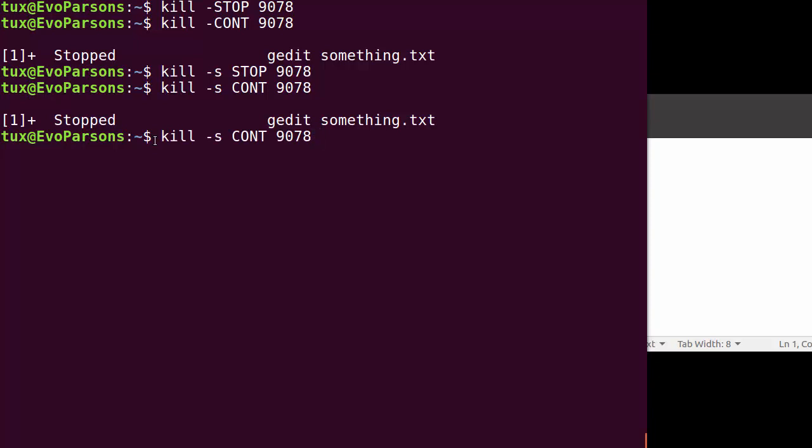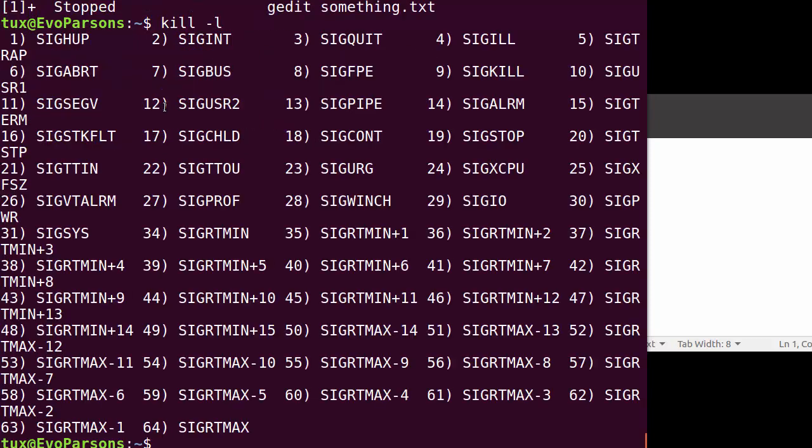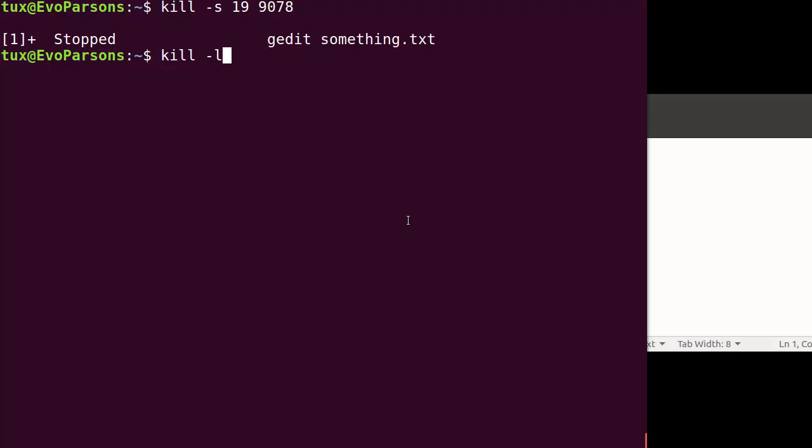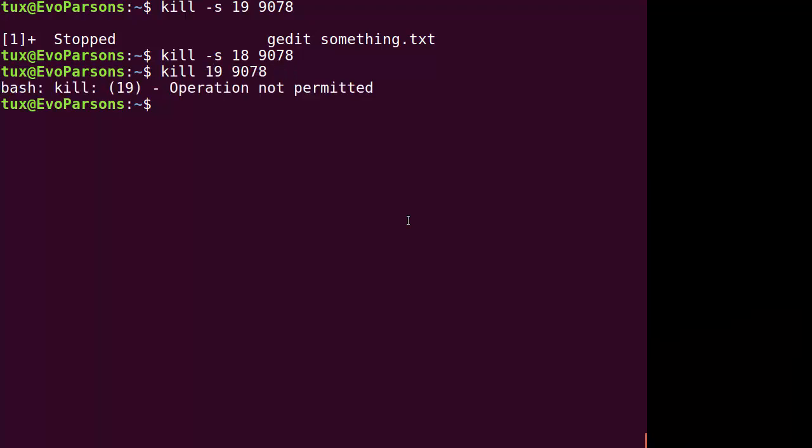Okay, so we saw that if I go back to the list, there we go. 18 was continue and 19 was stop. Okay, so let's use that alternate syntax, that is, first stop. So I'm going to stop by sending signal 19, and then I'm going to resume execution by sending signal 18. So you can use their name, you can use their number, and you can use it also with or without the -s option. So the same way you could use the signal name directly,